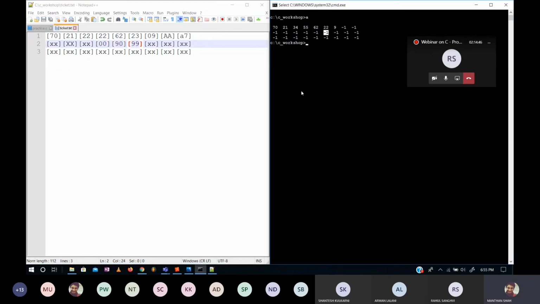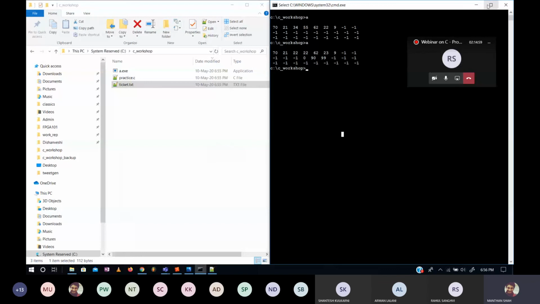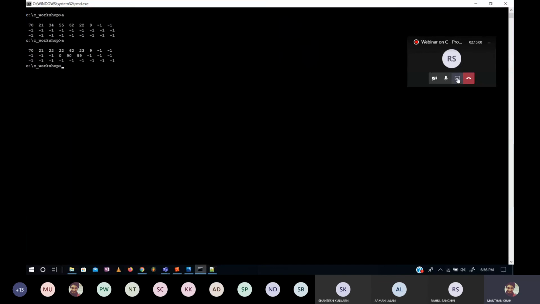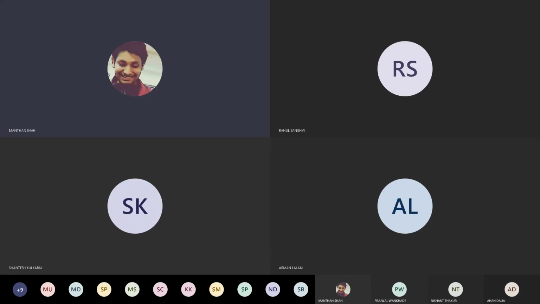Or something like that. And now I will not compile, I'll just run this and you will realize that I have only run the program and it read the text file again, and here you can see the updated values. So we have successfully read our ticket from this thing, and I think I've taken enough time. Let us wrap it up at this point.